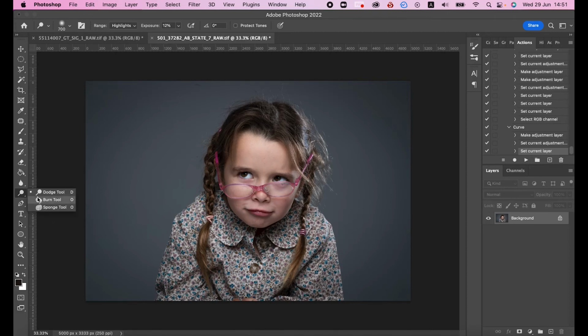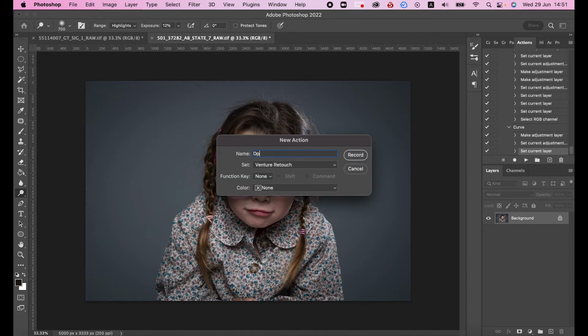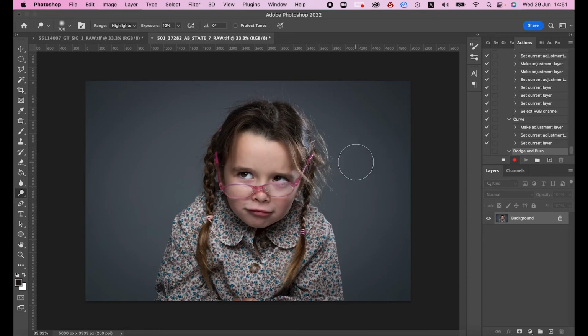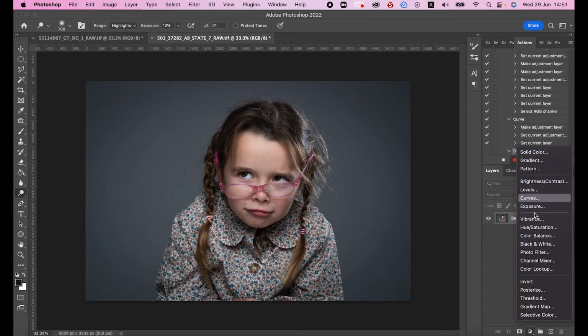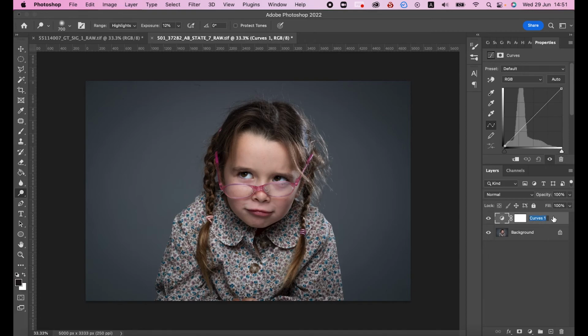So we don't use these. You only use the dodge tool if you're cleaning up a signature background. Sometimes you can use it in the eyes, which I'll show you a bit later on when we edit our statement image. But for now, we're going to create 2 layers that you'll have more control over. So I'm going to call this dodge and burn function key. Alright, record. So the first one that we'll make, so you go into your curve again,